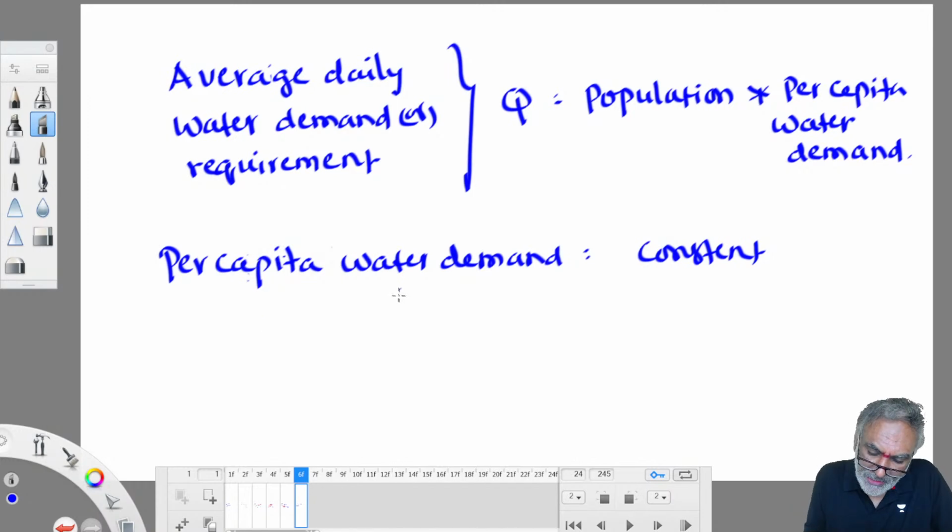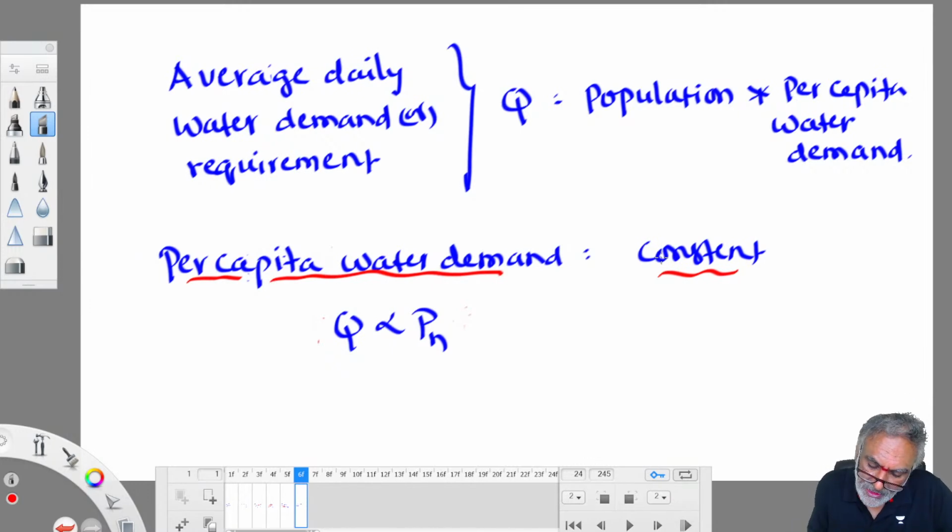Okay? Population keeps on changing. Therefore, Q is straight away proportional to population. Population increases, Q also increases. Population decreases, Q also decreases. But population never decreases, it always increases. Therefore, water requirements keep on increasing from time to time. Though per capita water demand remains the same, water requirements increase because of the increase in population. Okay. Next thing is,